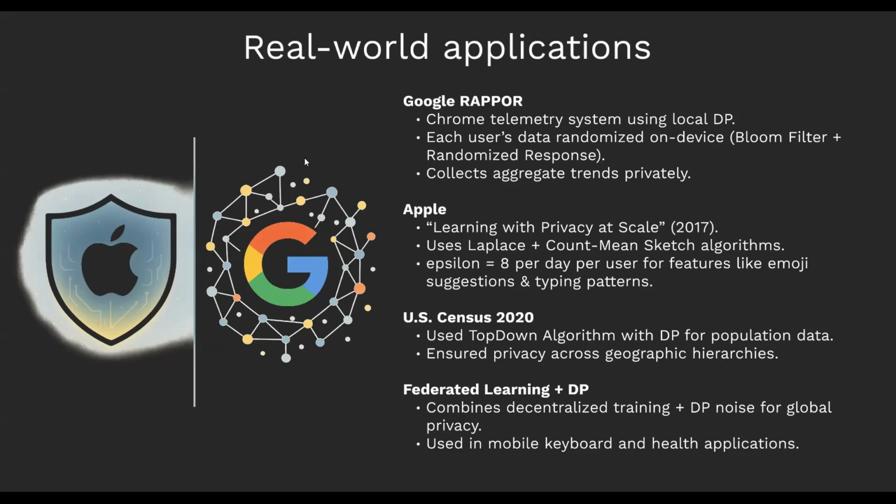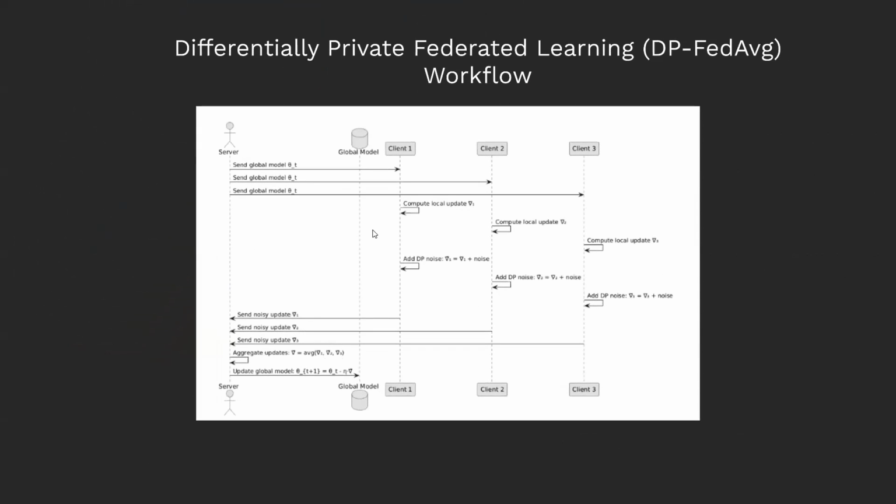Federated learning with differential privacy also comes into place. For this, we have the following diagram. When we look at the most exciting frontiers, which combine differential privacy with federated learning, it was proposed in 2017. This model allows training to occur across many devices, such as smartphones, without transferring raw data to a central server. Each device trains a model locally and sends only model updates, not personal data.